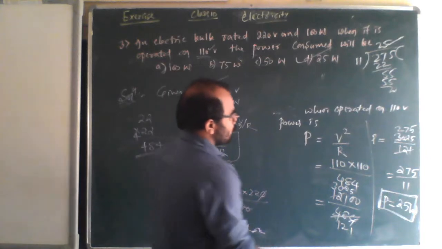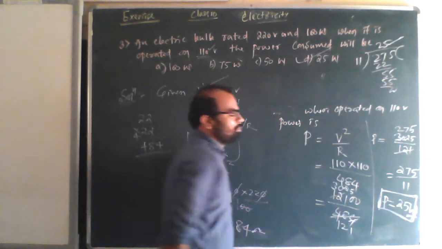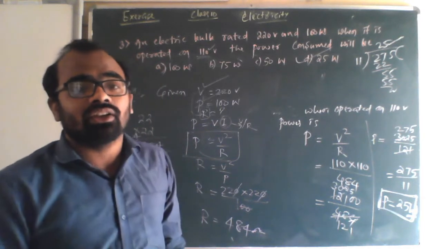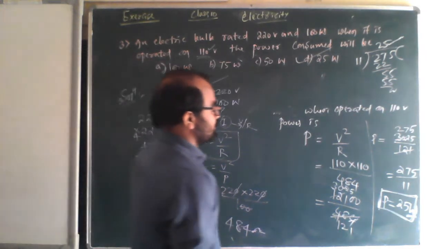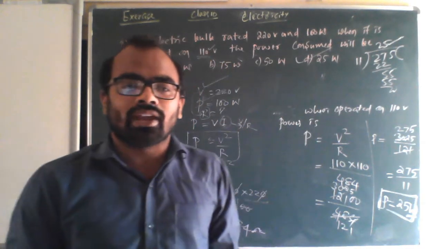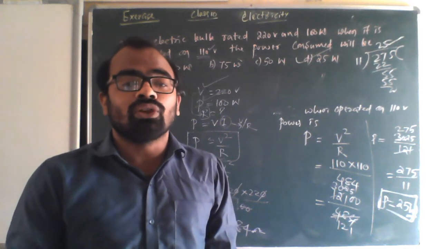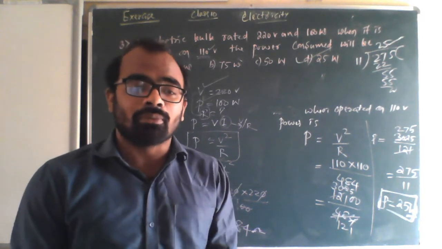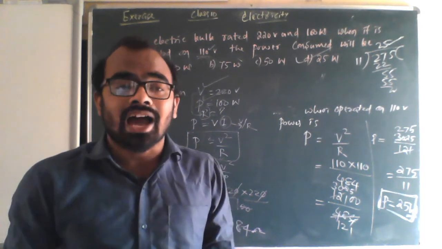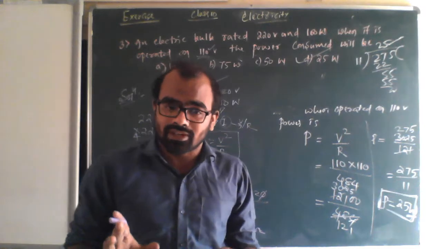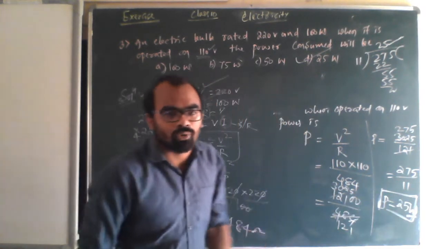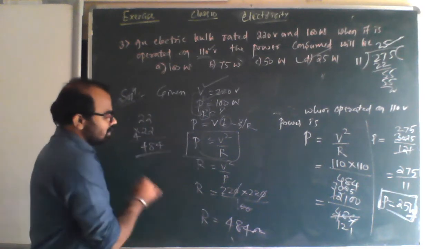So the SI unit of power is watt. You should remember. While solving problems, it is very much important at the end you should write the SI unit. Don't write P equal to 25 only. If you write only P equal to 25, you will lose 1 mark. If the problem is for 5 marks, you will get only 4 marks even though you have written the answer correctly. That is why I am telling you, please make sure that you have written the SI unit properly and the formula is written correctly.